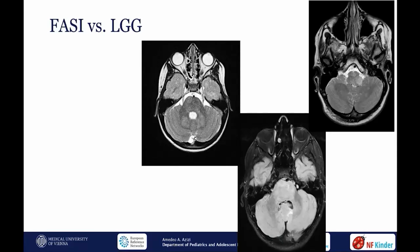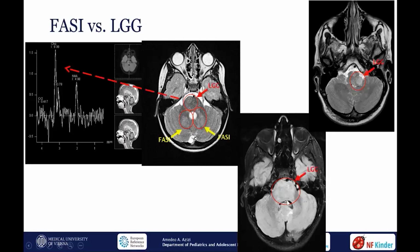Now we have here 3 examples where you could see T2 hyperintensities. You can see here a brainstem lesion, here lesions in the nuclei of the cerebellum, here a lesion in the cerebellum and brainstem area, and here in the pons. And how could you differentiate them? Actually, here we did a